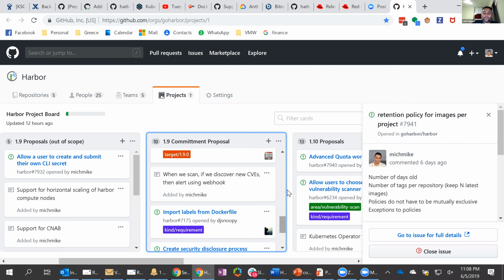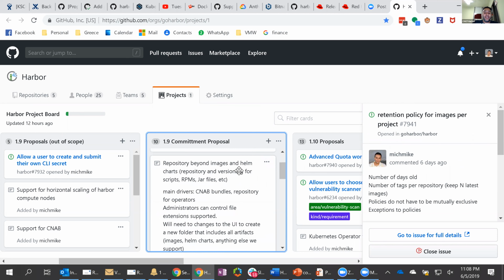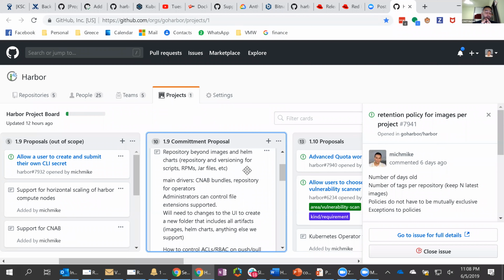The next one is, and this is going to be a huge work item. I don't know if we're going to be able to fix it in one single release, but our goal is to continue making progress on it. Today, we're a repository of cloud-native artifacts like container images and Helm charts, but nothing else. We want to expand the concept of Harbor to include all the cloud-native artifacts. That could include things like scripts.